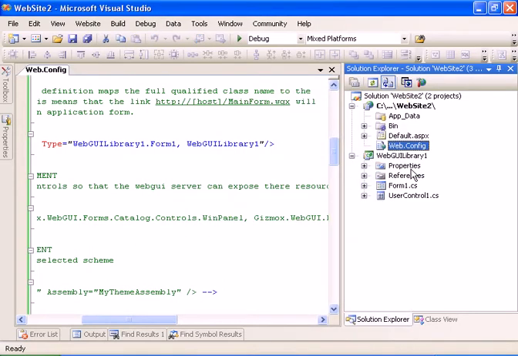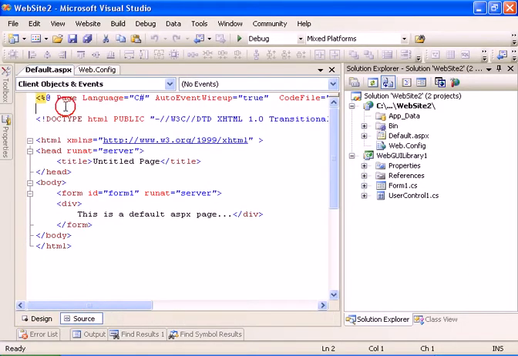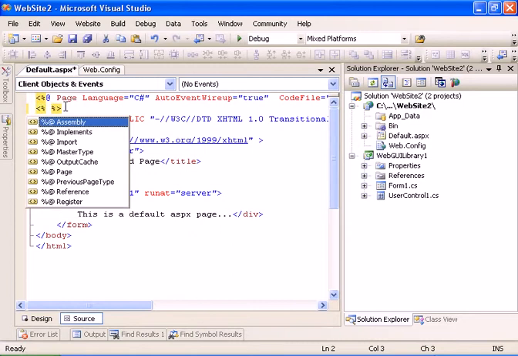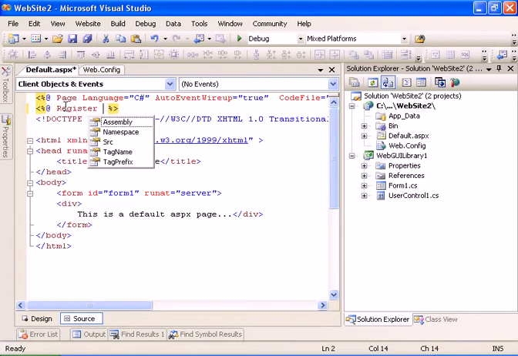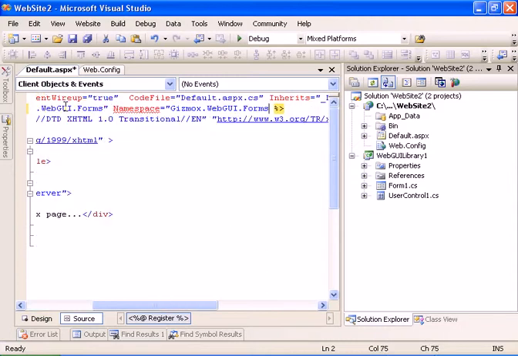And what we can do is go to the default ASPX and add the WebGui form to the default ASPX. So let's do it. We'll go ahead and add the register processing instruction, and we'll go ahead and map the assembly. It's the gizmox.webgui.forms, and we'll copy this text and map the namespace, which is